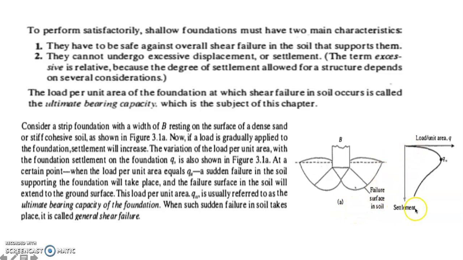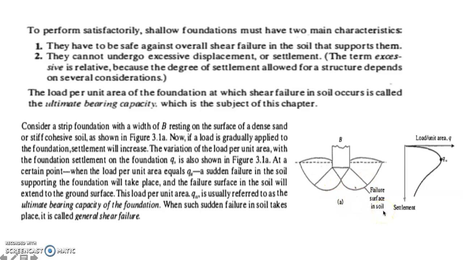So meaning to say, for this illustration, if there is a sudden failure in the soil that takes place, this is what we call the general shear failure. So this is an illustration for a general shear failure. You apply a certain load, and basically there will be an increase in the settlement. When your load per unit area Q is equal to the ultimate bearing capacity Q sub U, there will be a sudden failure in the soil. This is what we now call general